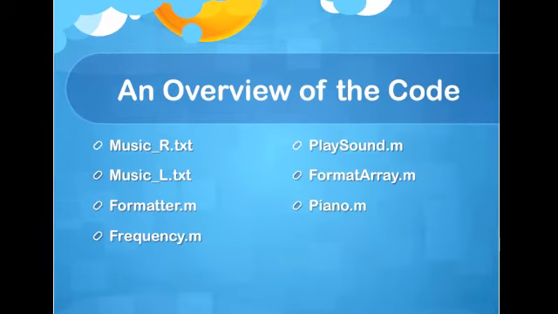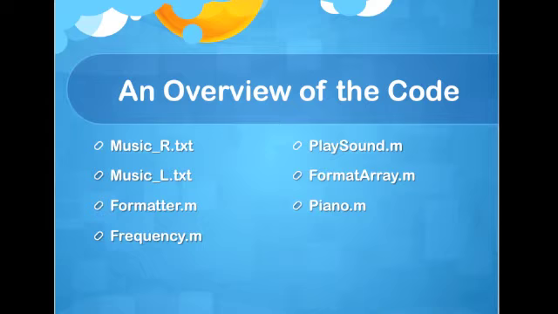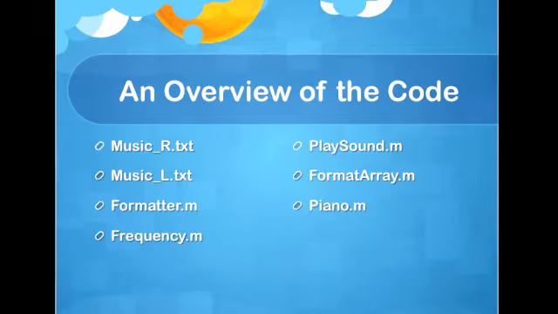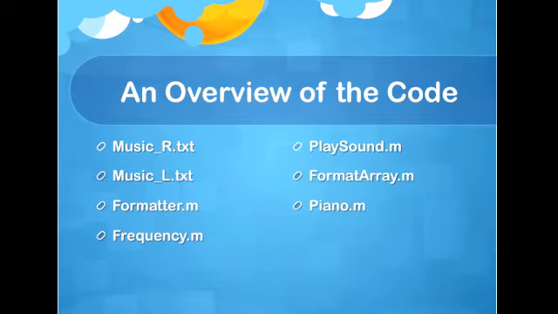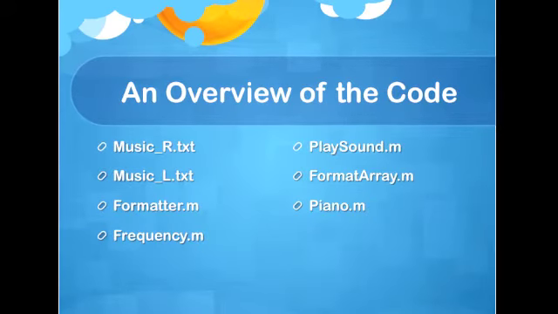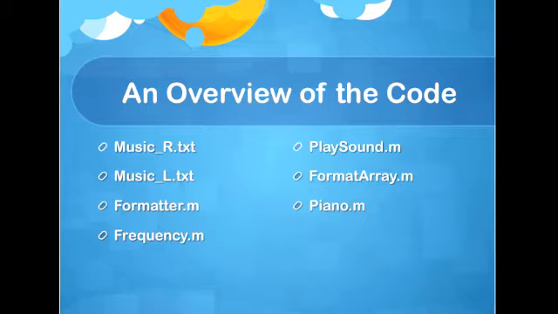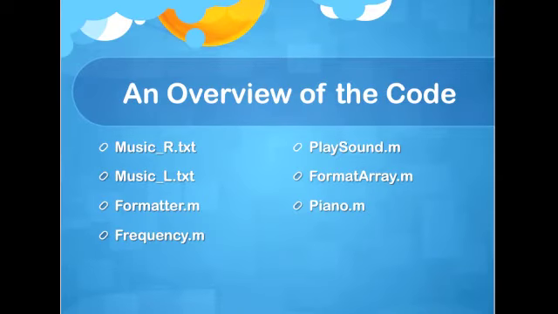Our completed MATLAB code requires the following files in order to operate. The files include music.r.txt, which is a text file of the right-hand melody of the song Heart and Soul by Hoagie Carmichael, musicleft.txt, which is the melody for the left hand,